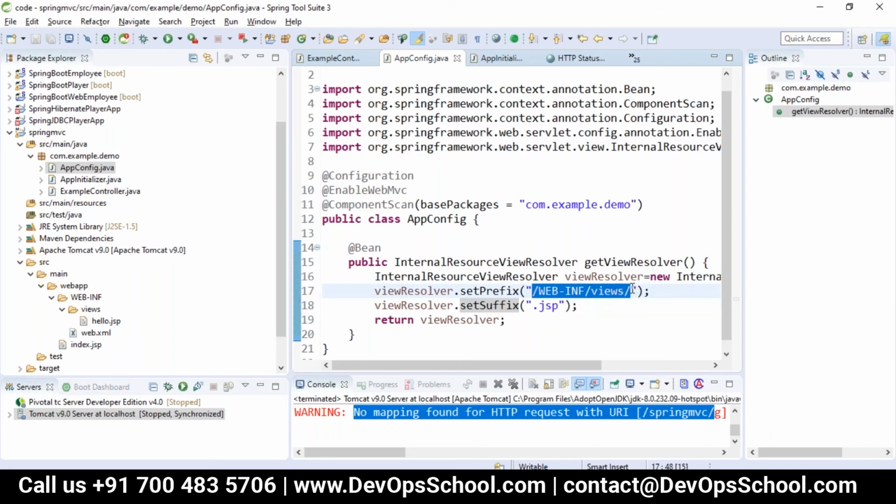That WebINF folder, you will be putting it in Tomcat? No, no. It is inside your project only. In your project, you will have a WebINF. When you generate a WAR file, you will get only this one, the webapp. Inside the webapp, you will have WEB-INF, and in that only you will have the classes and views also. This is inside your project only, not in the Tomcat.